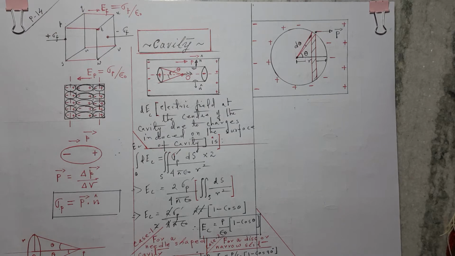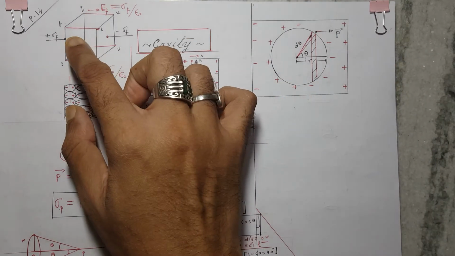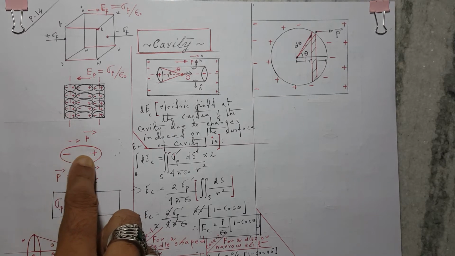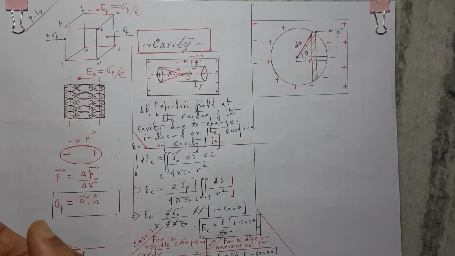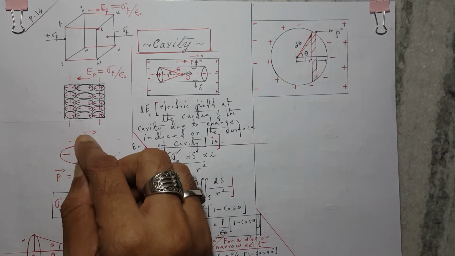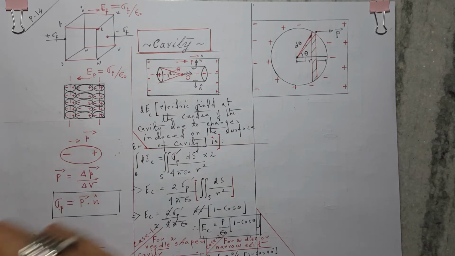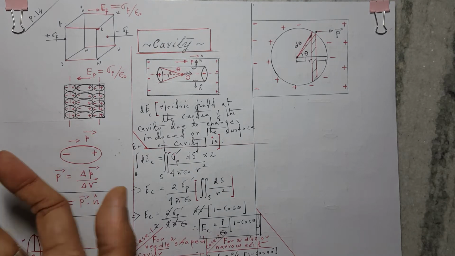We know that. Now, if you introduce a dielectric, what will happen? This applied electric field will actually polarize the dielectric. And what do we know? That there is separation of charge that takes place in the dielectric atoms, the dielectric molecules. So this separation of charge results in an electric dipole moment, P. If I say that the charge separated is small q, and the distance is dl, then the electric dipole moment which is produced is q times dl.